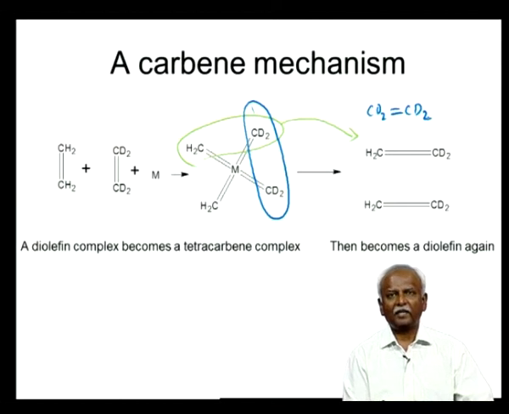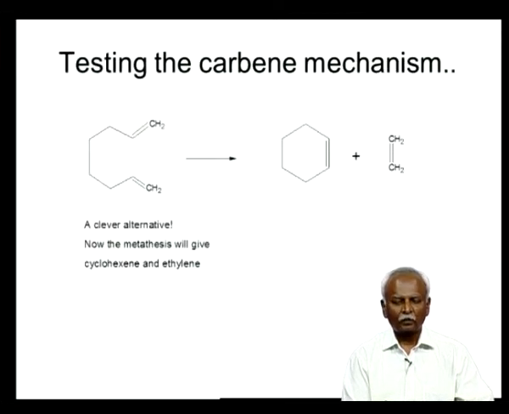So, metathesis can happen if you use a tetracarbene, and so it remains to be seen whether this is indeed feasible or not. So, testing this carbene mechanism or the tetracarbene mechanism, a very interesting experiment was carried out, and